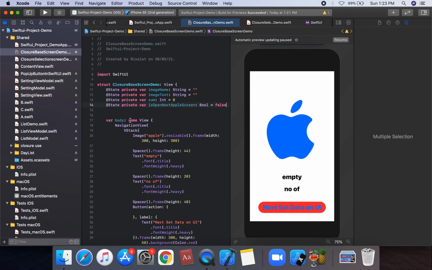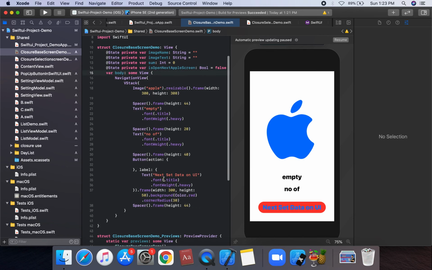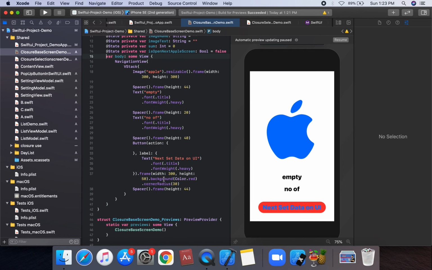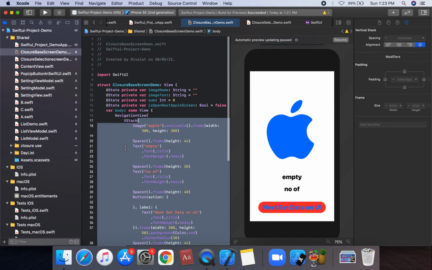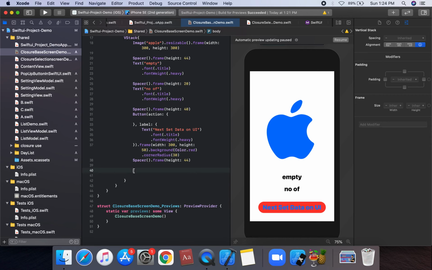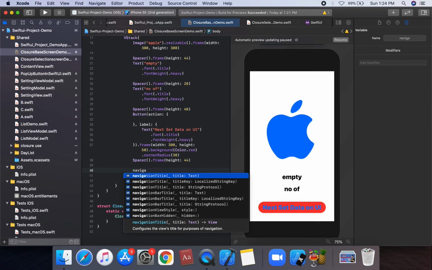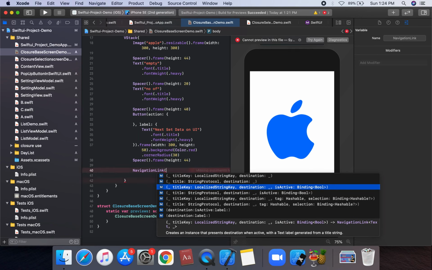So we can create four properties that we can use in our code. So firstly we can create a navigation link. Navigation link is created with a VStack. Firstly, last in the VStack we can create a navigation link, which has initialization title, localization, destination and binding value.